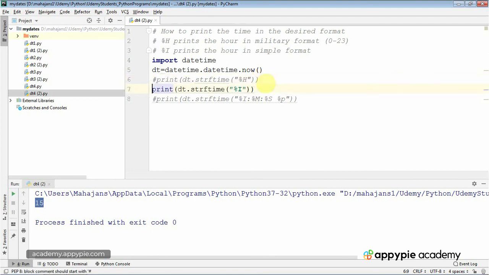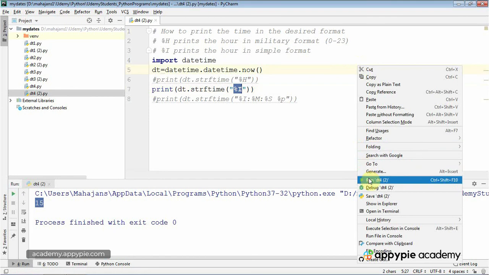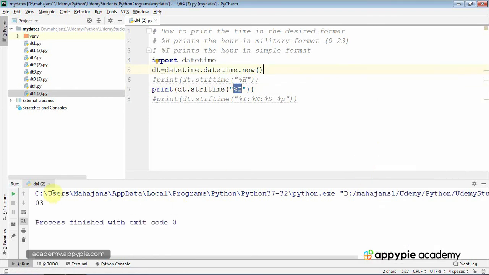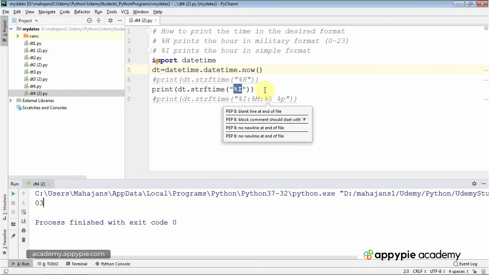So after that, I am going to use the %I directive. It should print in simple format. So press the right mouse button, go to run. See, 03, that means it is printing in the simple format. So next